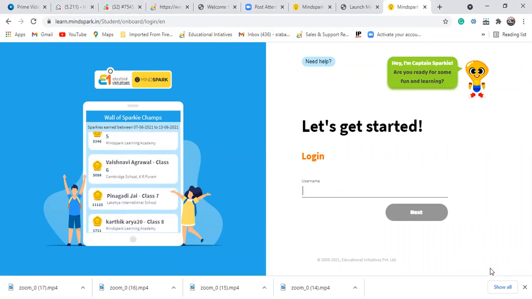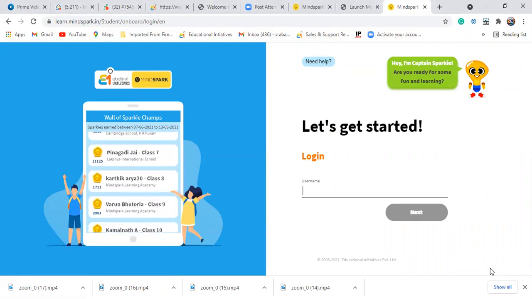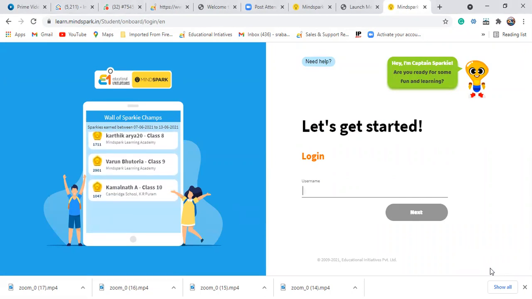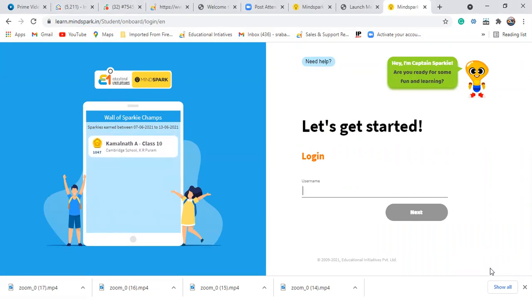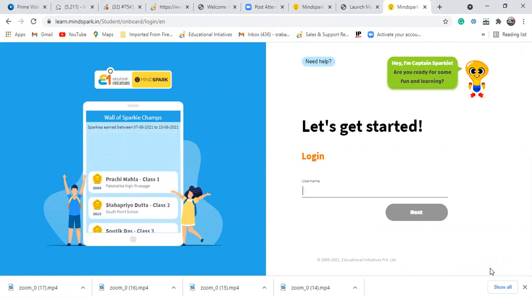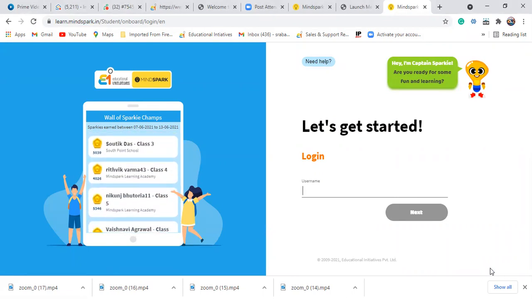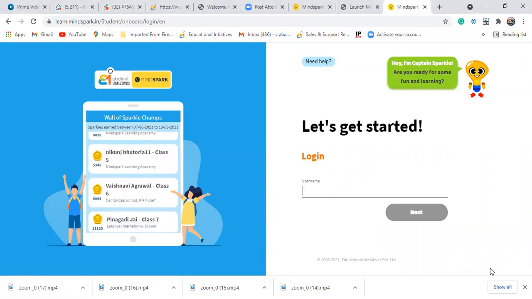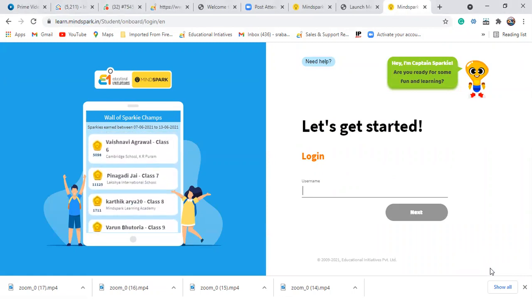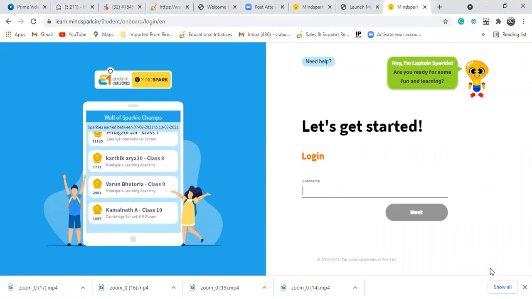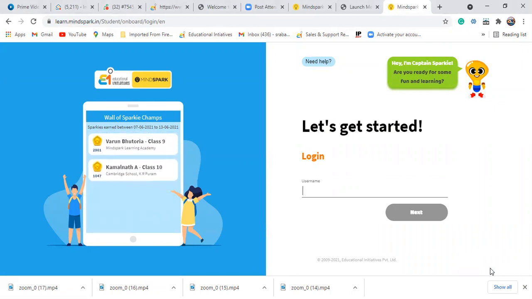Now, in the school, some teachers are the maths teachers, some are the English teachers, some are the science teachers. So I will show how to activate the topic in Mindspark Science and Maths in both the interfaces, and I will explore the teacher interface of English a little bit also, so that teachers from the English side understand what they have to do.